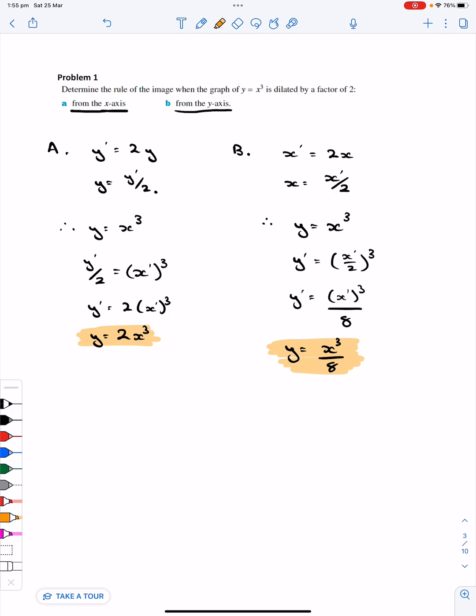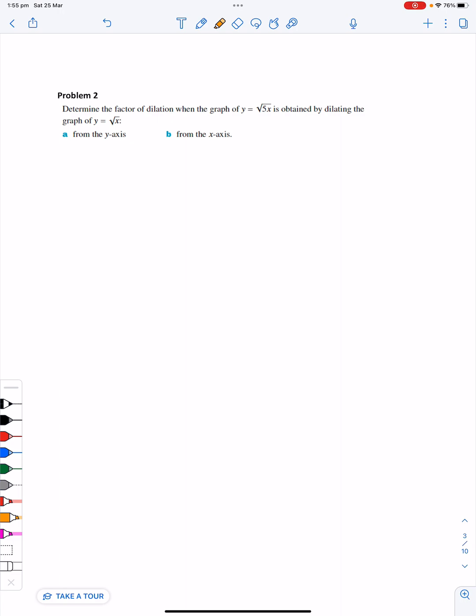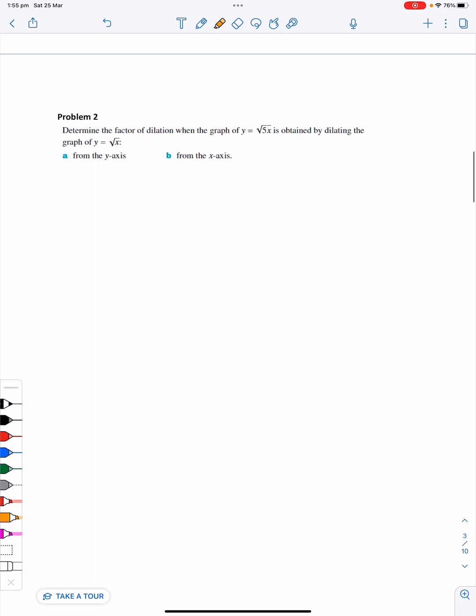Okay, so considering another question, determine the factor of dilation when the graph of y equals square root of 5x is obtained by dilating the graph of y equals the square root of x. And it has two parts. Firstly, it's saying from the y-axis. Okay, so from the y-axis, that's going to be a horizontal dilation. And B, from the x-axis, that's going to be a vertical dilation. So let's start working through